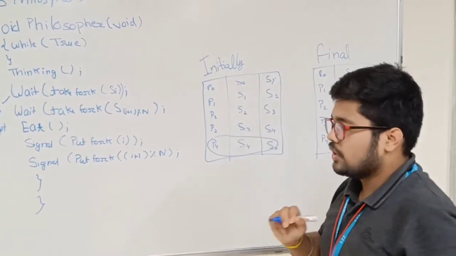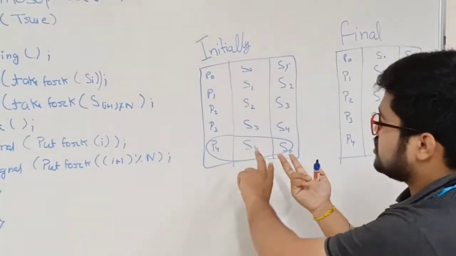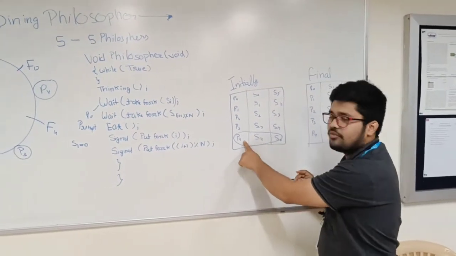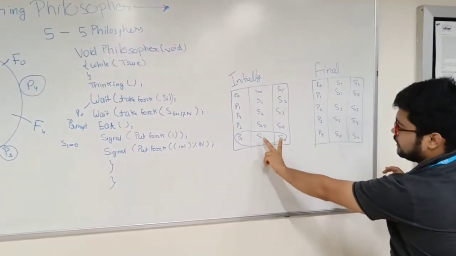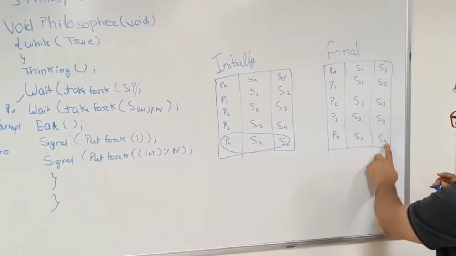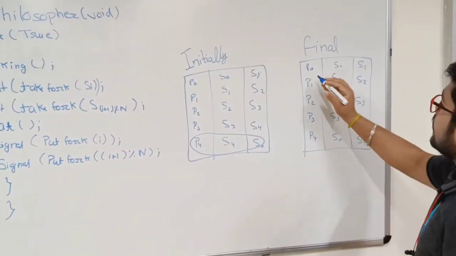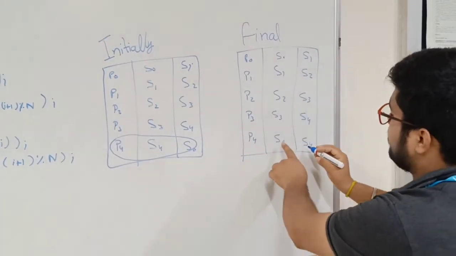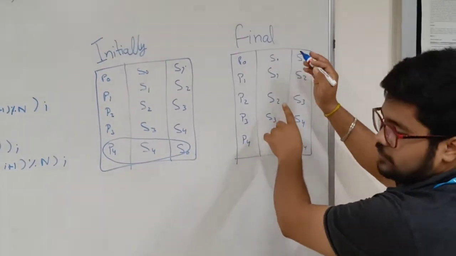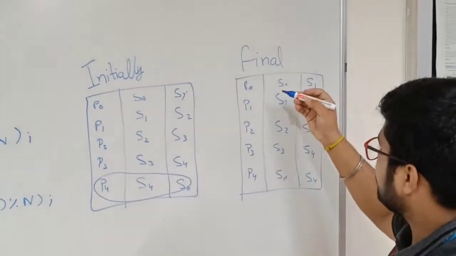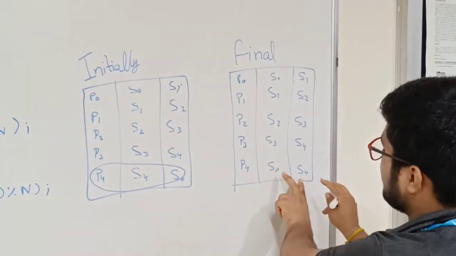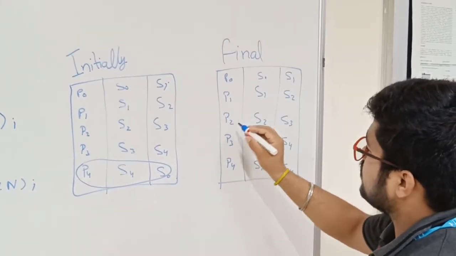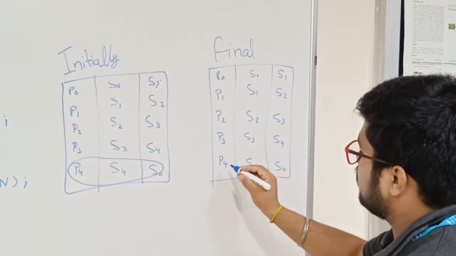So what should we do? To resolve this, we have to change the order for one of the philosophers, that is philosopher P4. We reverse the semaphores. S0 will be on this side and S4 will be on this side. Now P0 will take left, then P4 will come into the picture and it will take one. In this way, if we change the order, suppose P0 takes his left first, P1 takes his left first, P2 S2, P3 S3,